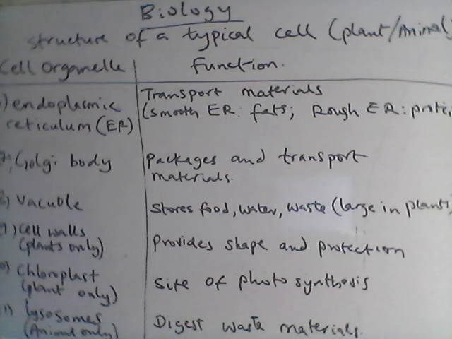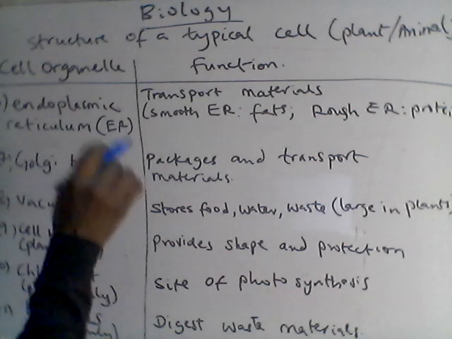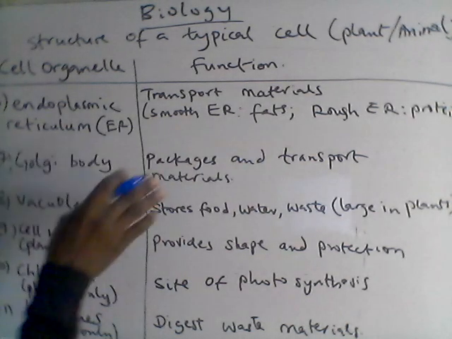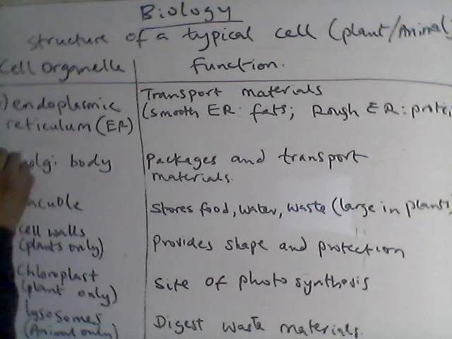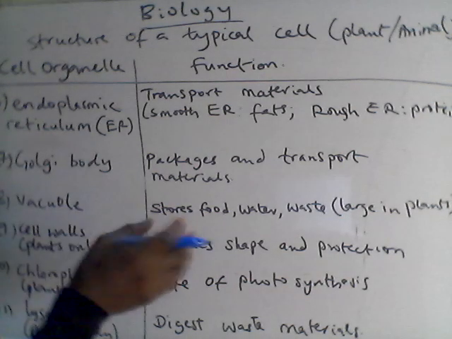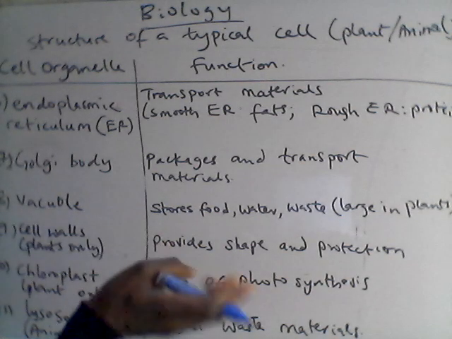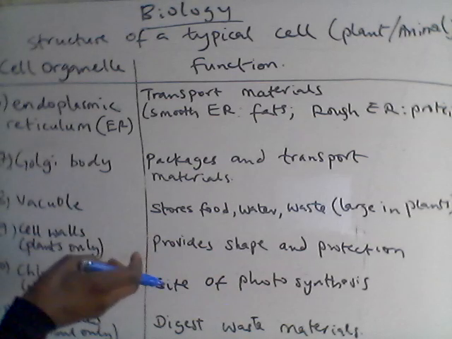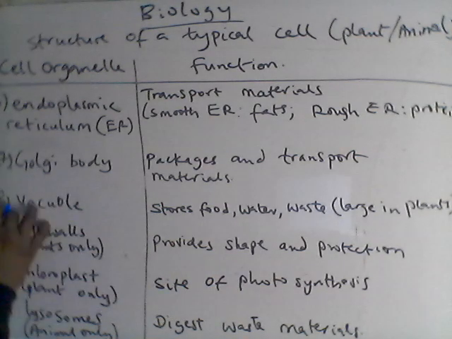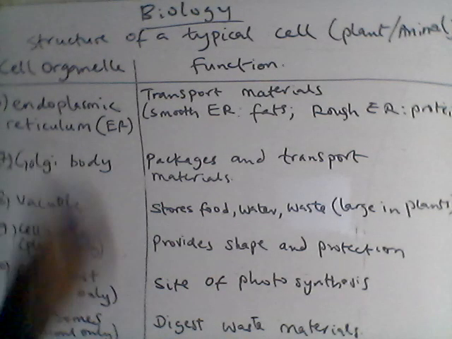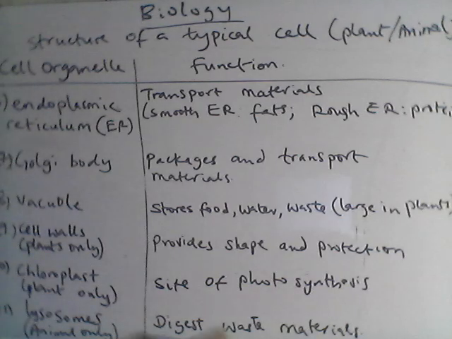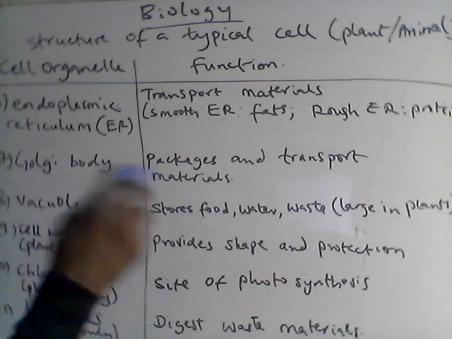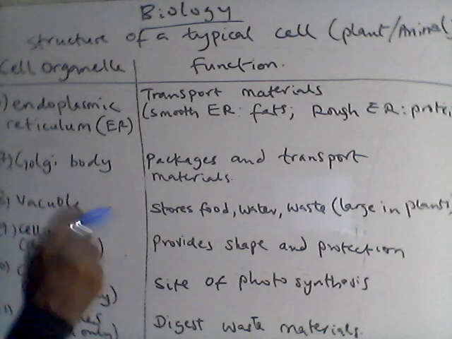Okay, so Golgi bodies packages and transport materials. It's like the nerve, it's like the bloodstream. So it packages and transports material. While the vacuole is just a large space that stores food, water, waste. In plants, you see that the vacuole is larger in plants. So if you see two cell samples and one vacuole is larger than the other, definitely it's also that it's